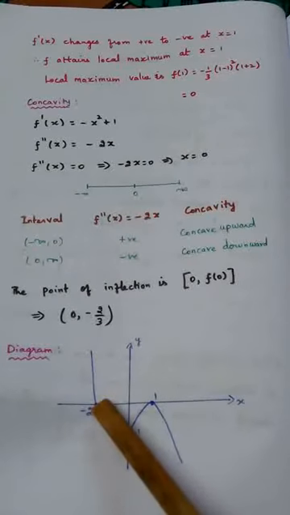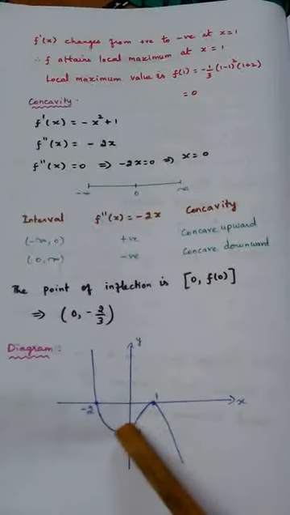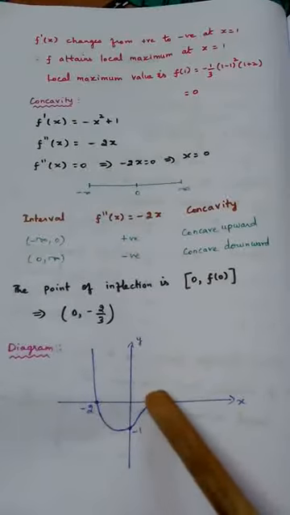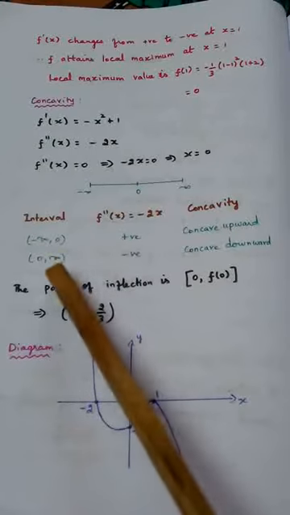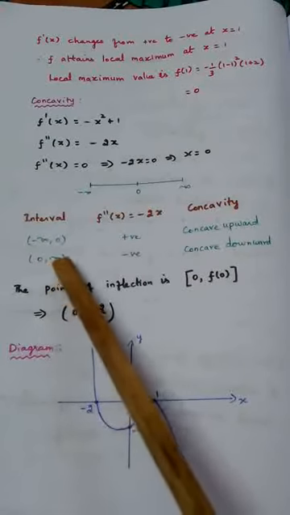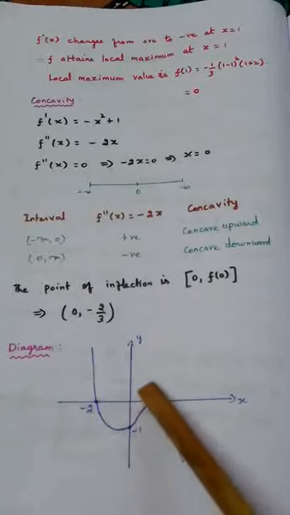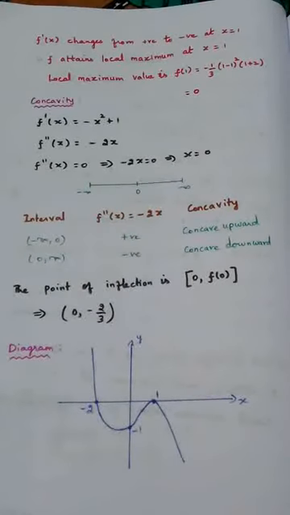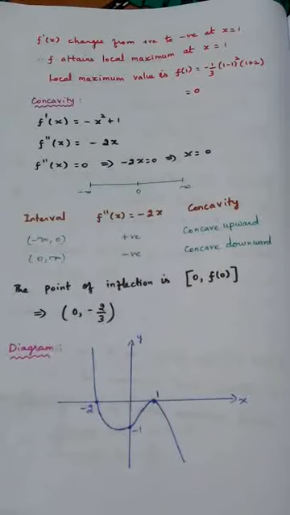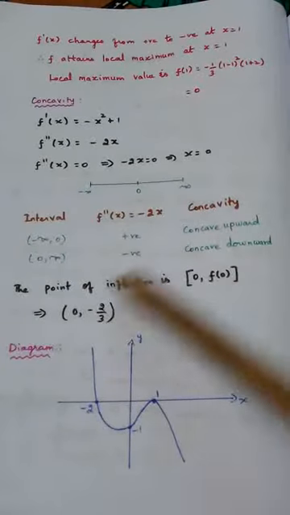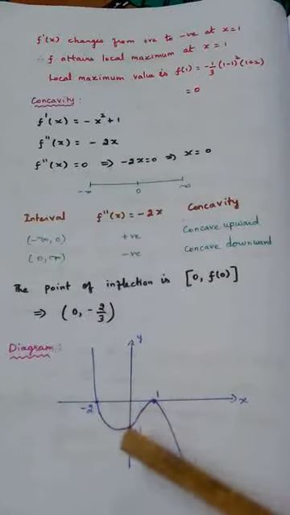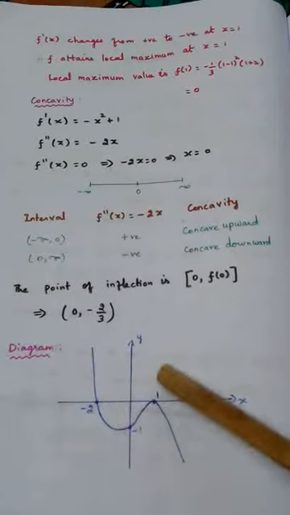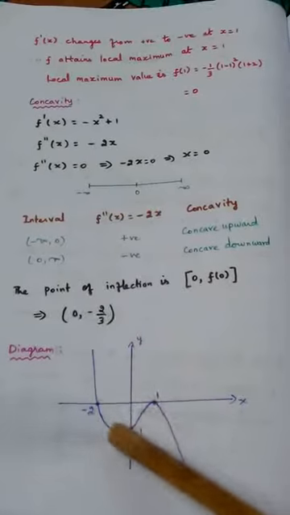It cuts minus 2 in the x-axis, and also it goes through minus 1 in the y-axis, and again it cuts the x-axis at 1. Since in the positive interval the curve is concave downward, we should draw like this. So this is the rough diagram for the given function. Hope you will understand. Just the diagram we have drawn using all these results. These three are the intercepts that we found out. That plays a major part in drawing the diagram.